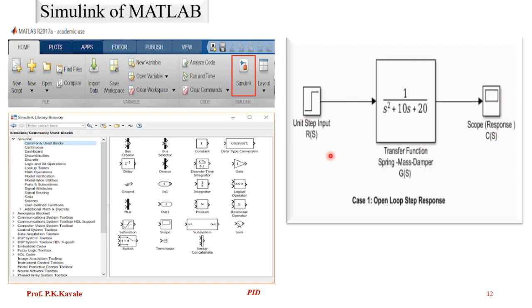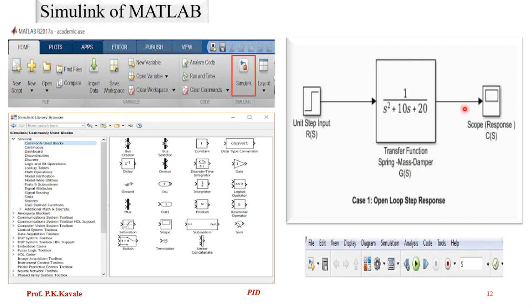Then once you build the system, you double click on the icon and put down the value. For example, for the unit step, we put down the value 2. Then for the transfer function coefficients, we double click it and put 1 as the coefficient for s square, 10 for s, and 20 for the third term.